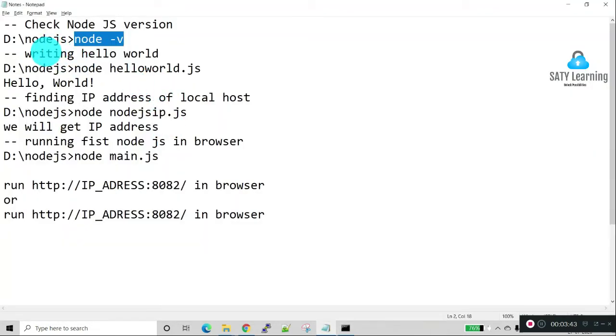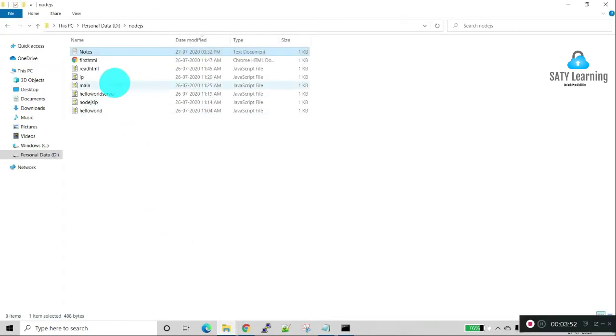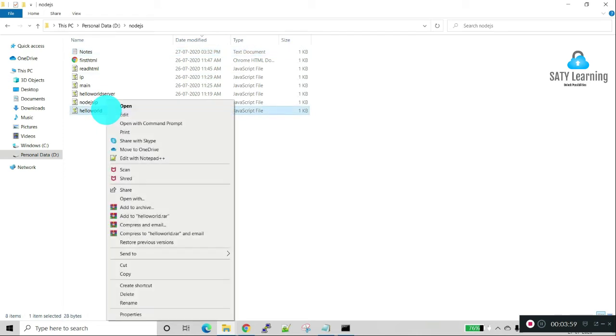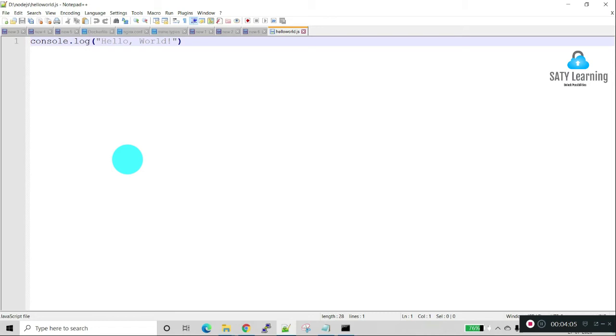First, we will write hello world in the console. This is the first lab for us. We can use Eclipse or Notepad or any editor for writing Node.js, and we can import the library in Eclipse and create a Node.js project itself.